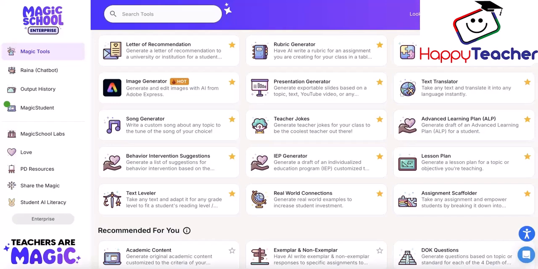Do you spend hours making lesson plans, or do you want to make an old lesson more exciting? This quick tutorial will show you how to use Magic School AI lesson plan tool to save you tons of